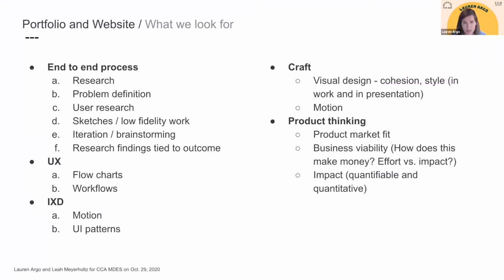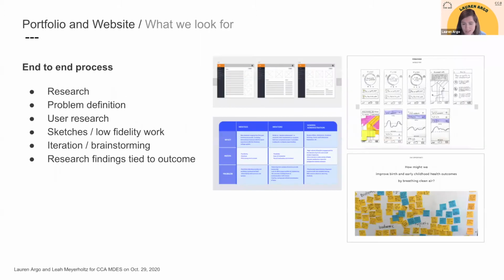And I will say that at different phases of the process, whether you're trying to get the interview, you have a work screen, or you're giving a presentation on site, it's the same stuff. You just need to go more in depth on all of them. This is revisited in each section, but I'm going to go over it more in depth here. So the first is end-to-end process. So the stuff we're looking for here,